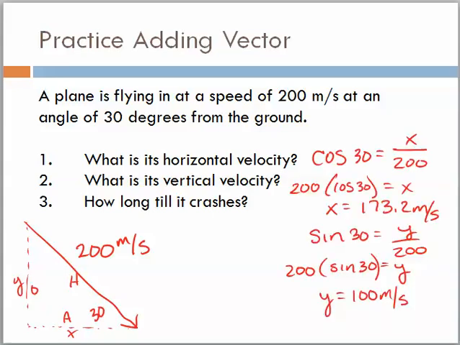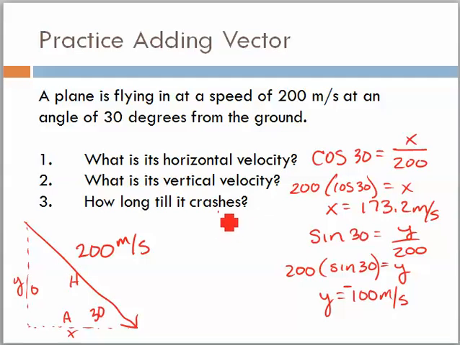So what I've done here is I've gone ahead and found what its x component is. Its x, or its horizontal velocity, is 173.2 meters per second. Its y velocity, or its vertical velocity, is 100 meters per second. Now, it's going down, so we would probably dictate this to be negative 100 meters per second. It says, how long till it crashes? Well,